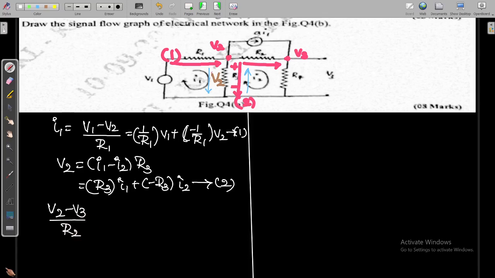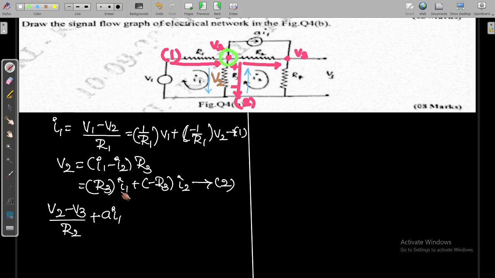Next, you can apply a KCL here, in this fashion also you can understand where to apply it. So let us apply a KCL there. Whenever you apply KCL, V2 minus V3 divided by R2 is the current leaving. Next, what is the current entering, that we will see later. And what are the leaving currents? Leaving currents we can write as A I1 is leaving, and from this node another current is also leaving, that is I1 minus I2.